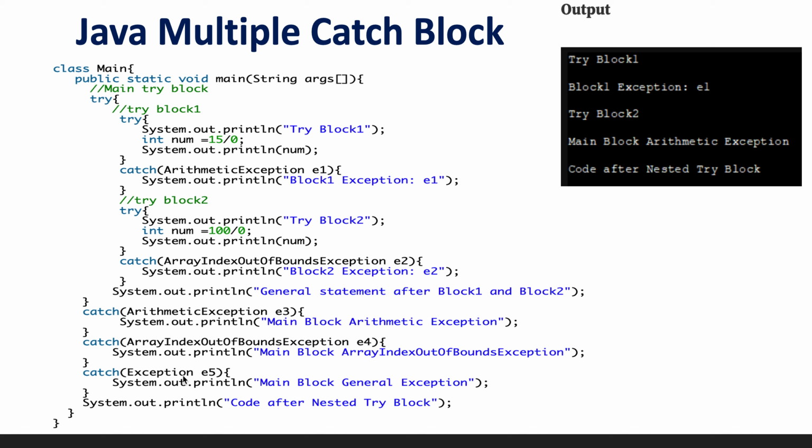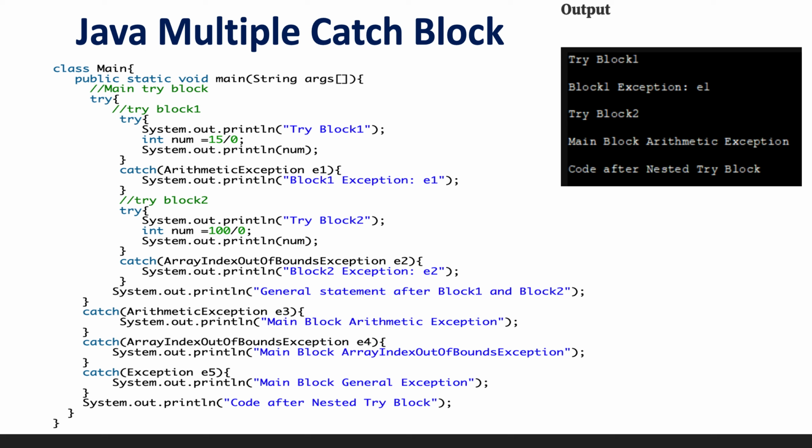So basically this is the exception which can handle all kinds of exception, but in this case you will not be able to recognize what kind of exception occurred. It will say there is an exception, but you cannot recognize what kind. But this is useful when you don't know what kinds of exception can occur. If you know, you can write all the known catch blocks here and at last you can write exception. Okay, so this is how we can handle the exception using the try catch block.